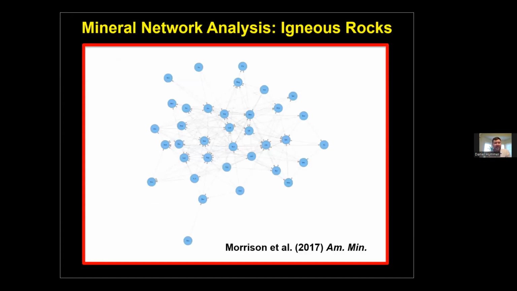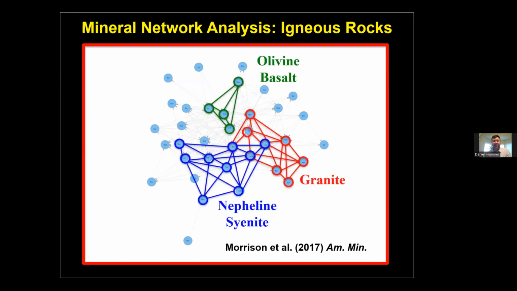So here is a paper that we published. Our collaborator at Carnegie, Shauna Morrison, was the lead author on this, and myself and several others were co-authors. We plotted up all of these igneous minerals and did a very precise two-dimensional version of this network diagram. And when you plot this, out pop all of the major rock types that we know of on Earth. It's really pretty stunning, actually.